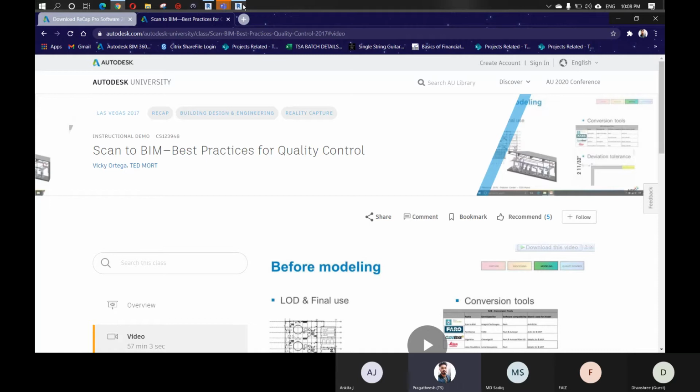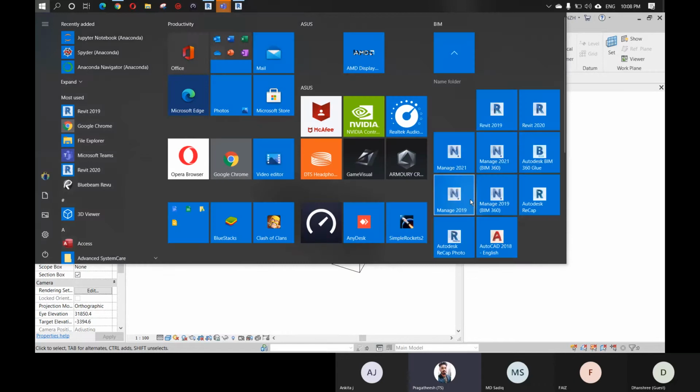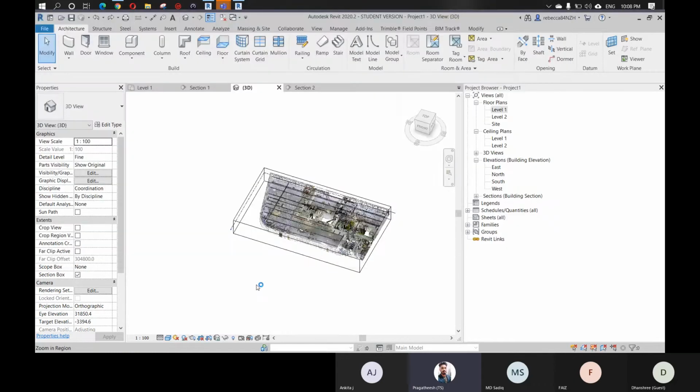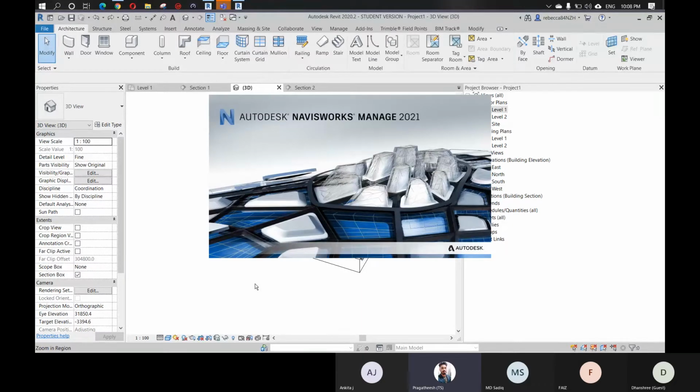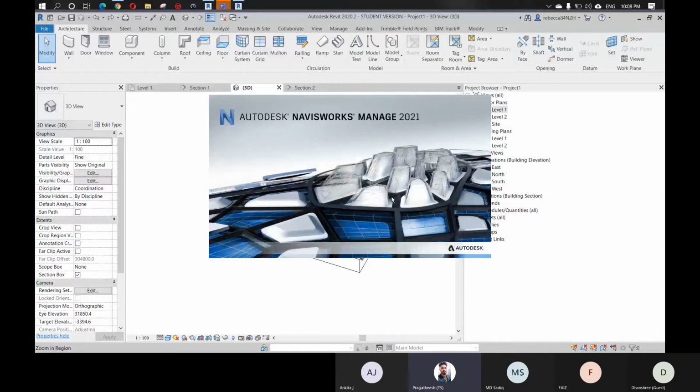Like in some projects, we will be getting the architecture. If we are working on an MEP project, let's take an example of some old building that doesn't have any MEP services, and the client wants to add MEP services to the already existing building, but the building doesn't have any drawings or any BIM model, but you have to model the MEP for that building.